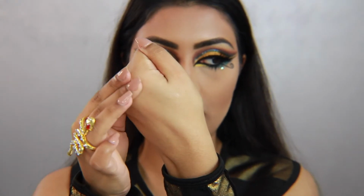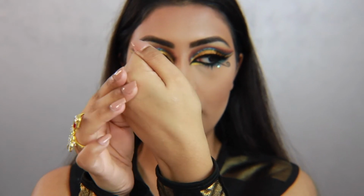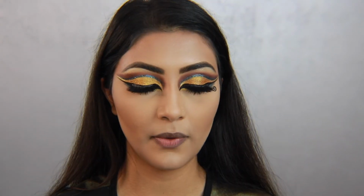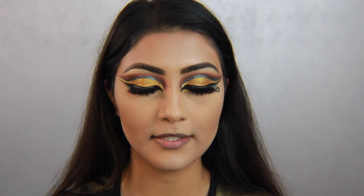This is a swatch of it by itself. It's not going to give you any type of shimmery glow. It's going to give you a pretty wet glow. So the way to use this is you put it as like a highlight topper, and what it does is,